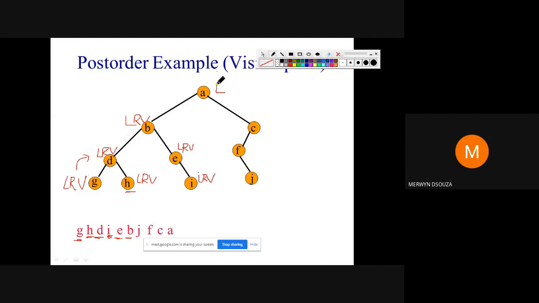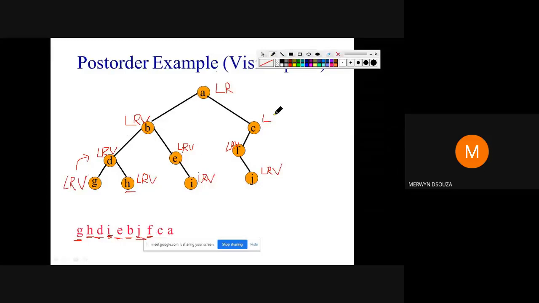Okay. Then you go to the parent, you will go right. When you go right, you come to a new node, so again you'll try to go left. You'll come here, try to go left. There's no left, so you'll try to go right. You will come here, you will try left, you will try right, and you will visit. So you get your answer as J. You come here back to the parent, you will visit, get answer as F.